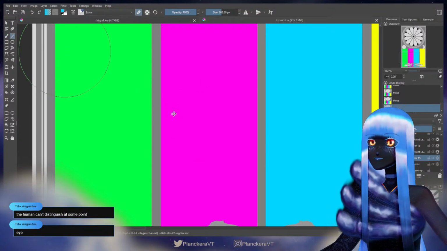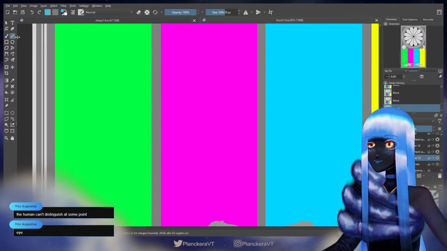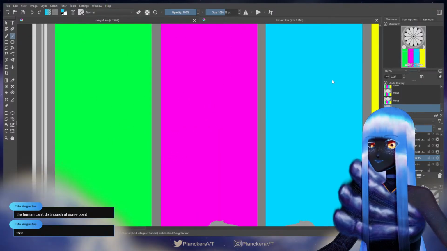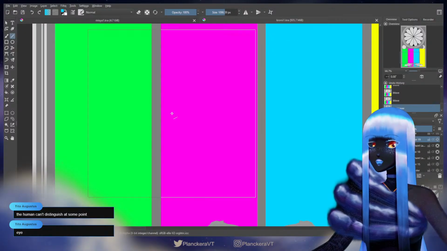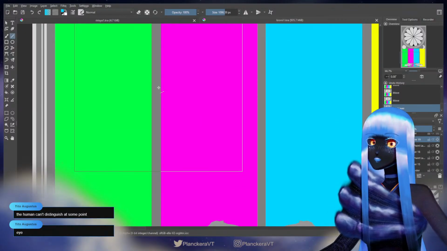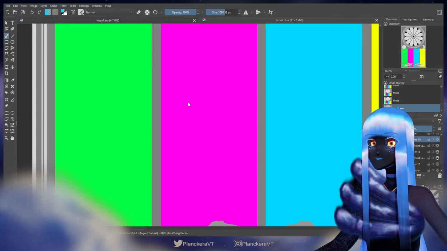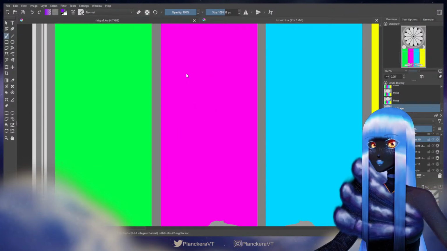Okay, I'm gonna go back to a square brush. And I am just going to plop a color down there. Let's do red, because that's easy to see.